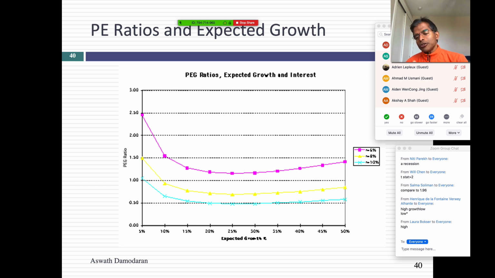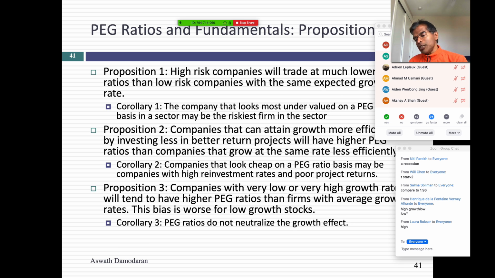But with PEG ratios, things get messier. When I want you to find a cheap stock with a PEG ratio, I want a low PEG ratio. I want low risk, obviously, because high risk explains it. So I want low PEG ratio, low risk. I want a high return on equity. When I ask you what kind of growth you want, take a look at that graph. It's going to be very difficult. PEG ratios become difficult to use because the direction of the relationship can actually shift midstream. So when you look at PEG ratios, look at them with caution because it's so easy to misuse.